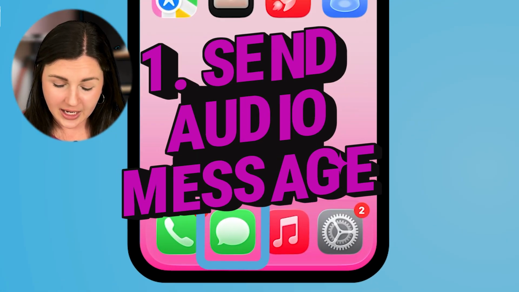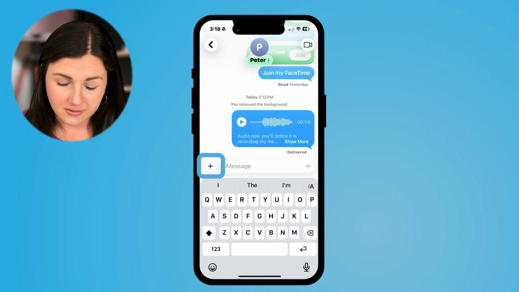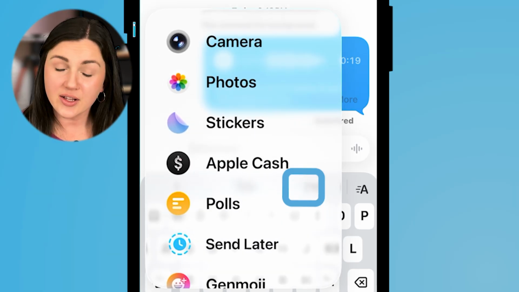3 ways to send messages on your iPhone using your voice, not your fingers. Let's jump into our Messages application by selecting our green icon here, select my plus icon here, and scroll down